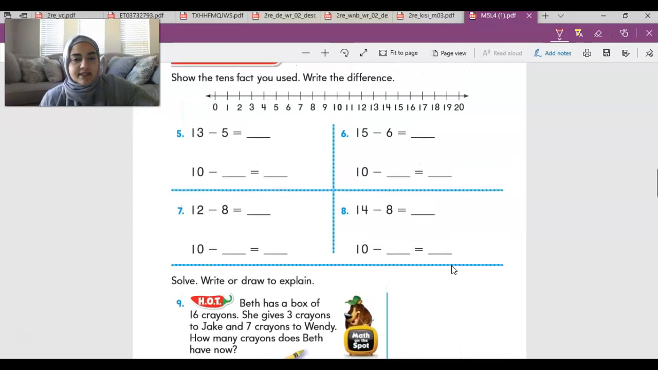Here, show the tens facts you used and then use the difference. You don't really have to use the number line unless you want to. You can always go back and use the number line to check your work. But I'm encouraging you to do the little triangles. So here, I'll help you with the triangles on these, but then you need to do the rest on your